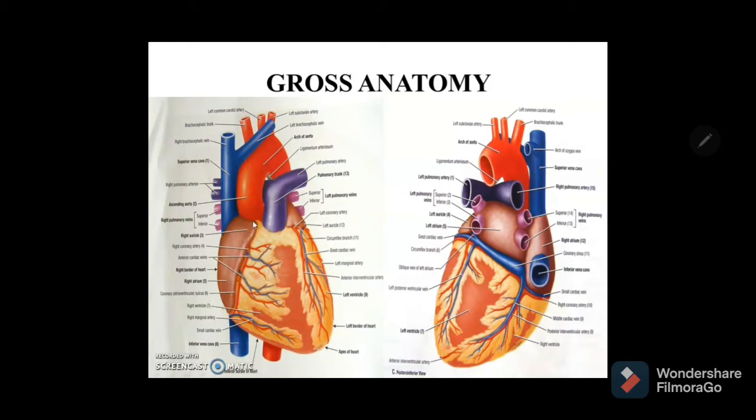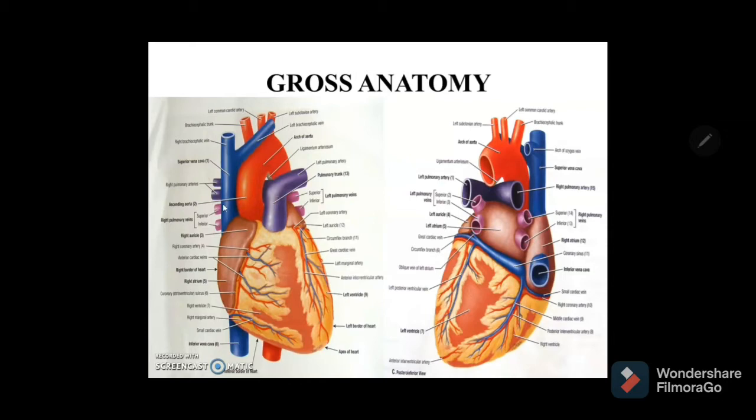So the right atrium is quadrilateral in shape, present above and to the right of the right ventricle. It forms part of the sternocostal surface, the right border, and also 1/3 of the base of the heart. On the sternocostal surface, the right atrium is separated from the right ventricle by the anterior atrioventricular groove, which is occupied by the right coronary artery and the small cardiac veins and some anterior cardiac veins that you can notice. The anterior cardiac veins directly open into the interior of the right atrium.